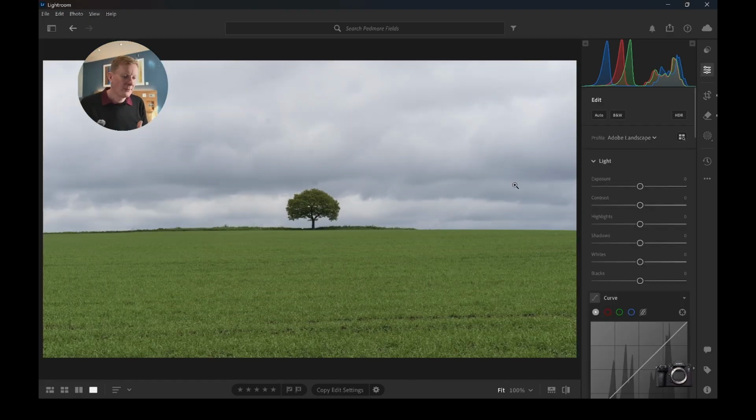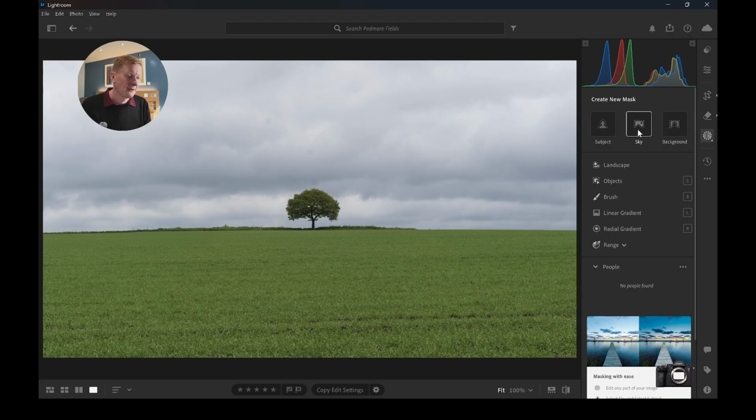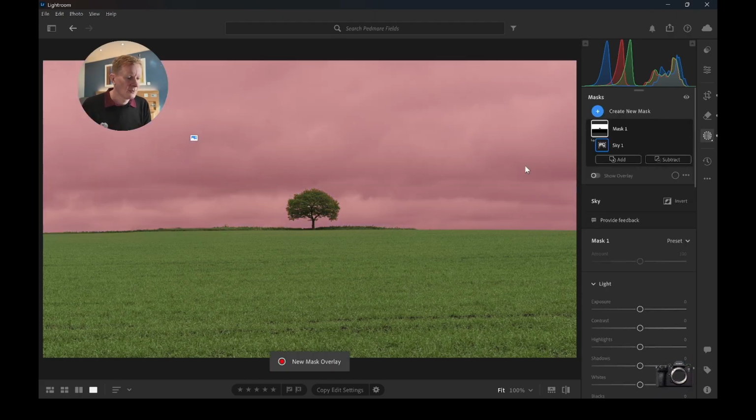So now I'm not going to do many global adjustments. I kind of want to make the sky a bit more dramatic and hone the viewer's attention onto that tree. So for that, I'm going to use masks. So if I come over to the mask and I select a sky mask, what we're going to see is